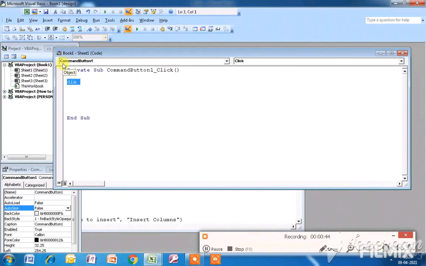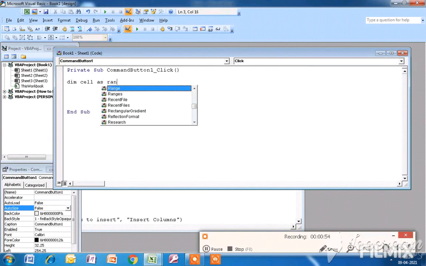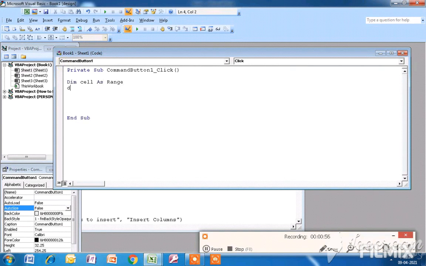Now at first of all I have to give some variables, that is Dim cell As Range, Dim RNG As Range, and I have to set the range.